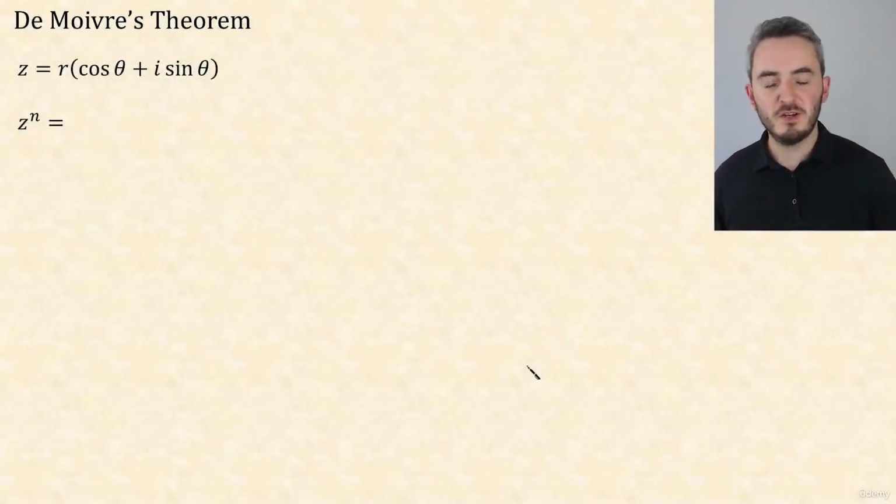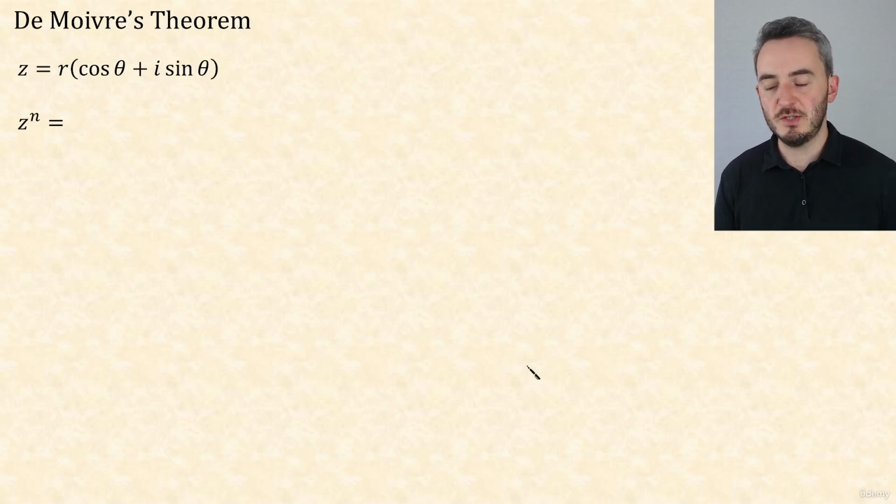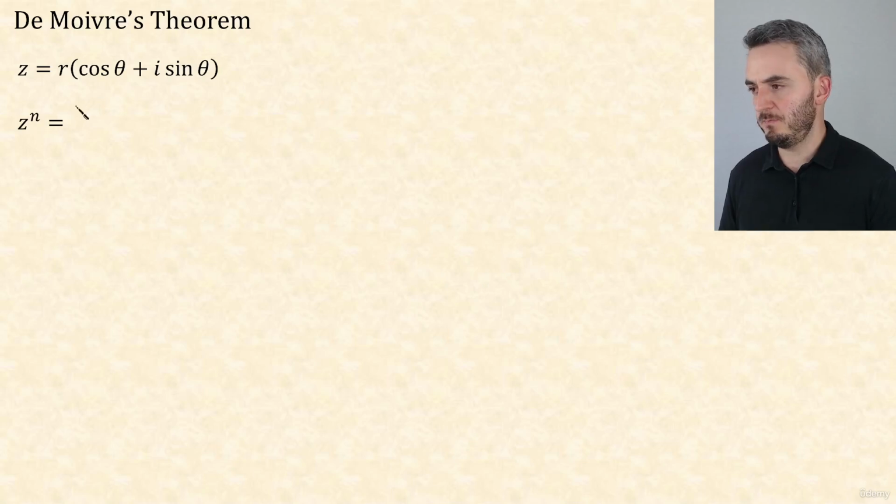In this video, we are looking at a huge result in the study of complex numbers, and that is de Moivre's theorem. So I'm going to derive de Moivre's theorem for you, and then we'll look at how to use it. De Moivre's theorem is a theorem about raising complex numbers to powers. So if we take a complex number written in modulus argument form, and we raise it to some power n,